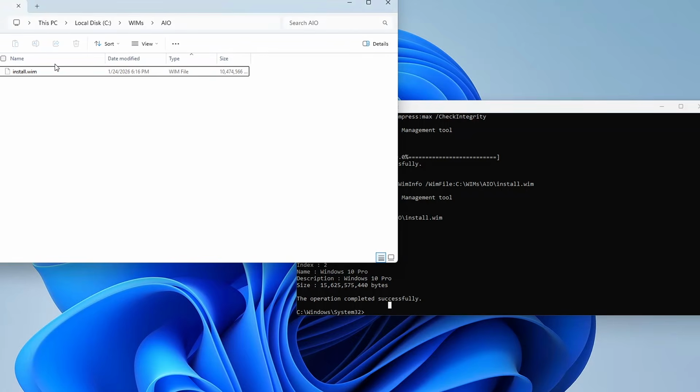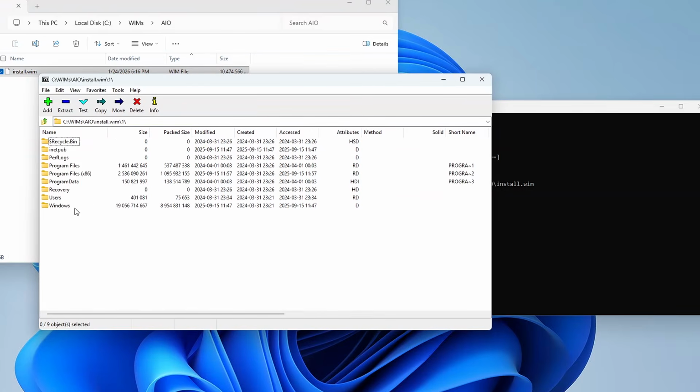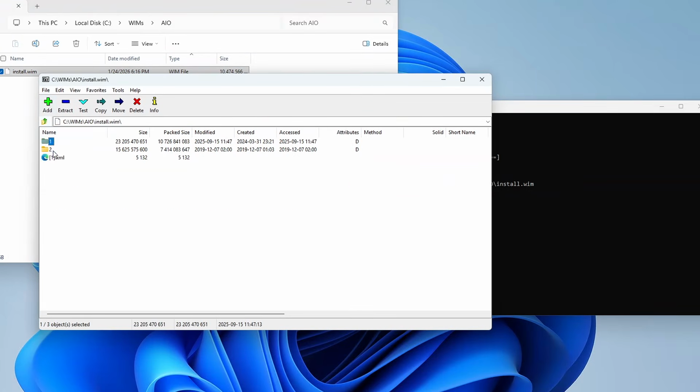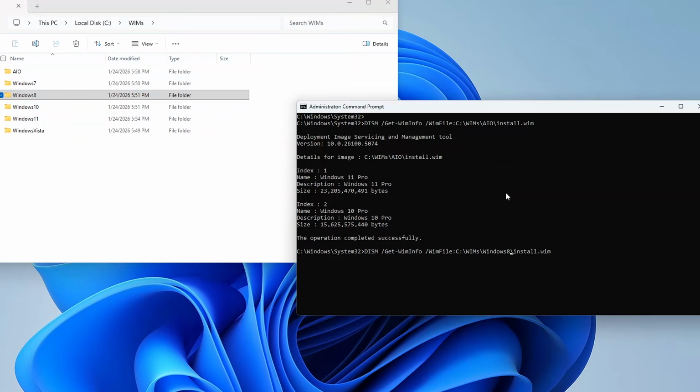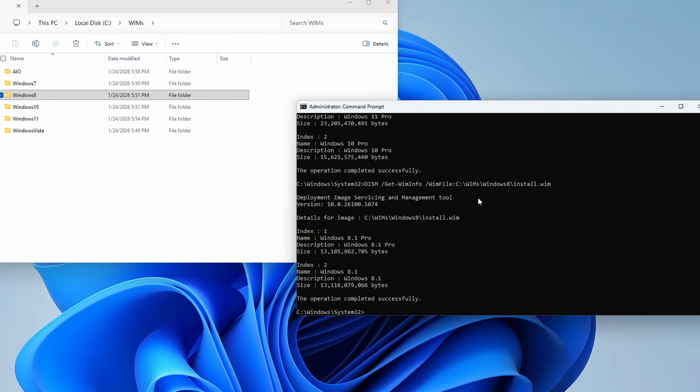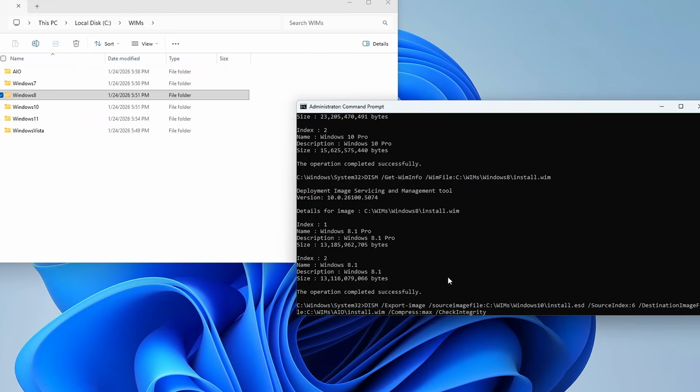And just to verify, let's see the contents of the file real quick. There we go. 1 is Windows 11, 2 is Windows 10. All right, so Windows 8 install.wim, and it looks like the Windows 8.1 ISO just has 2 indexes, so we just need to take the first index. So let's do it again. We will take